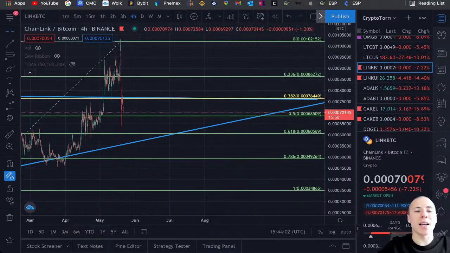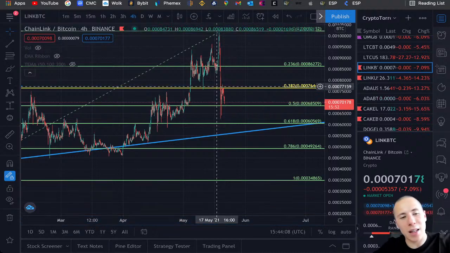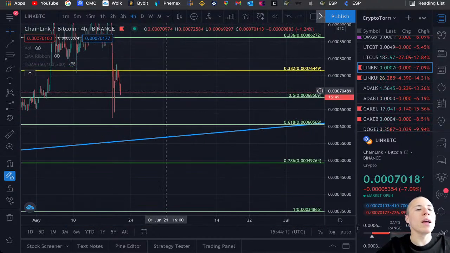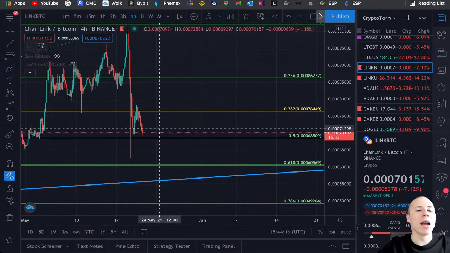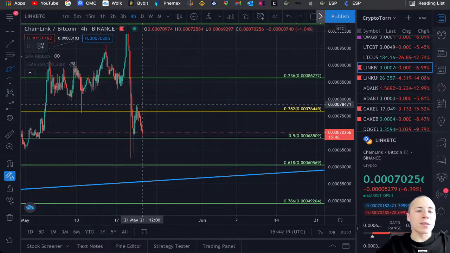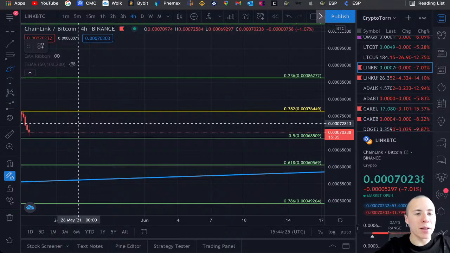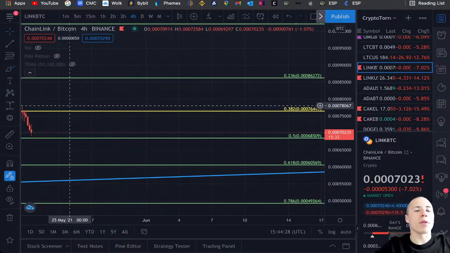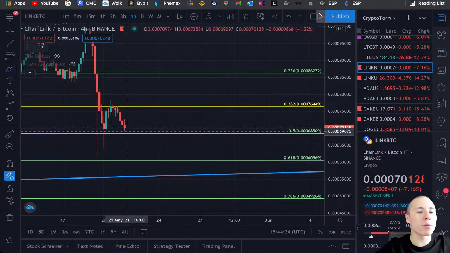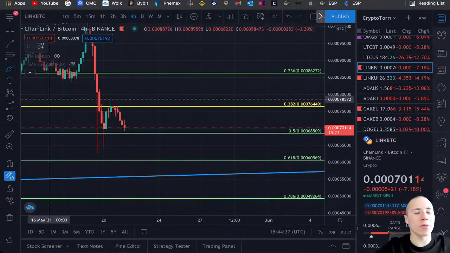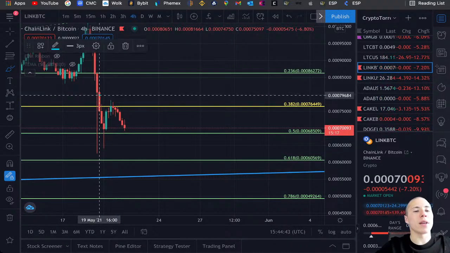And what we are seeing right now is that Chainlink went all the way down towards this level where it's currently trading, underneath the 0.382 Fibonacci level, and I think it is a good thing to see right now, because it's trading in between the 0.382 Fibonacci level and the 0.5 Fibonacci level, and the golden pocket entry level, that's the yellow line that you're seeing over here, is a very good indicator to take a look at